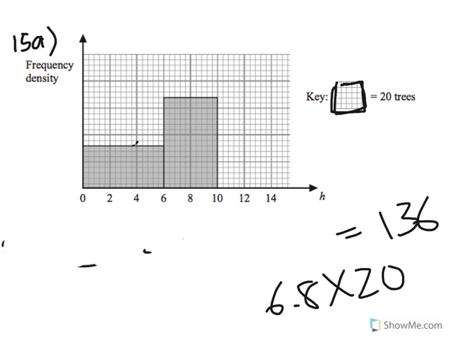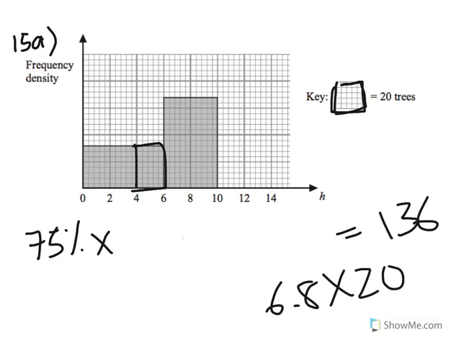I'll just explain it again. So what we did was we counted the total number of boxes over here, but then we realized that we only needed from 4.5 to 6, so we only need this section, right? So from 4.5 to 6, that is actually 75% of this total box. So all we have to do is multiply 75%